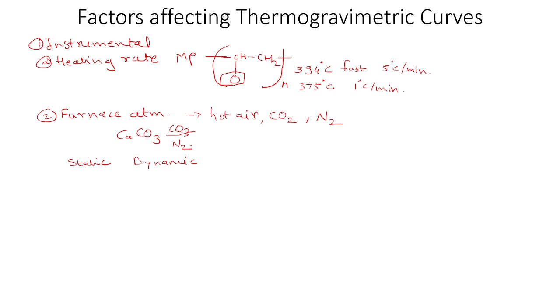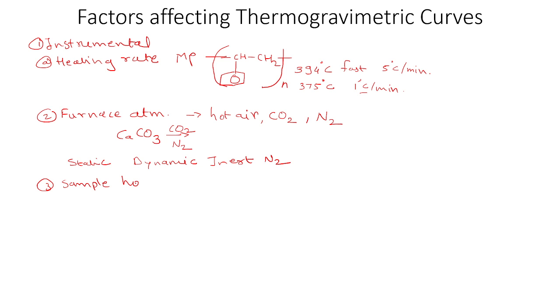And third is inert atmosphere. In this inert atmosphere, obviously nitrogen gas is used, which is free from oxygen. Inert means that though there is a rise in temperature, it won't come in contact with oxygen, so oxidation will not take place. So depending on what we expect, what change may take place, you can change the furnace atmosphere.